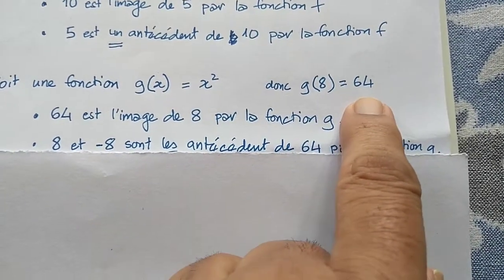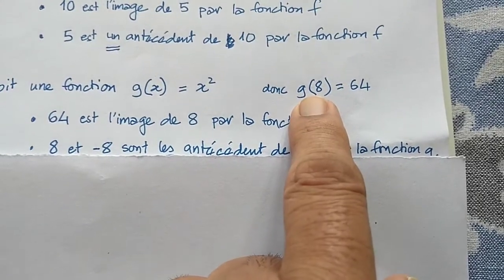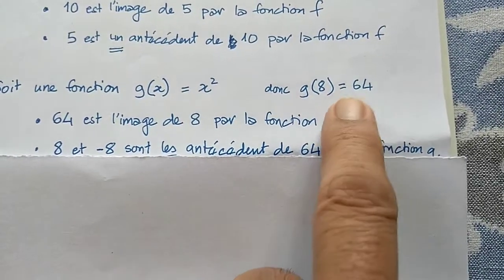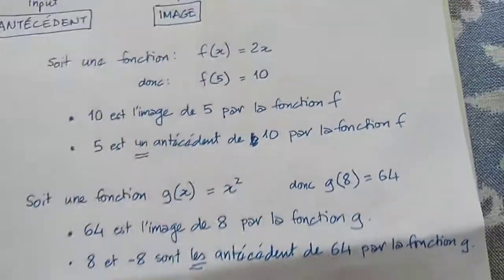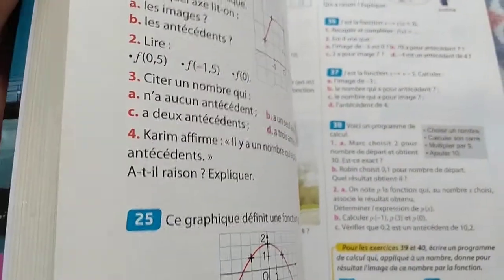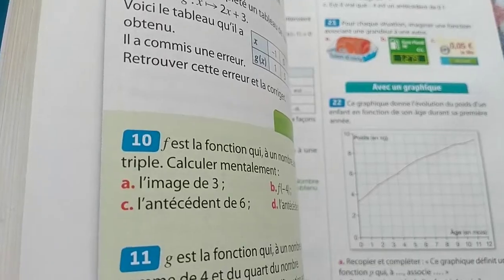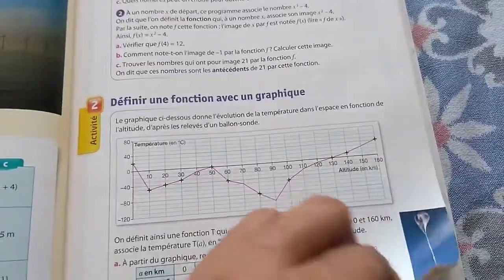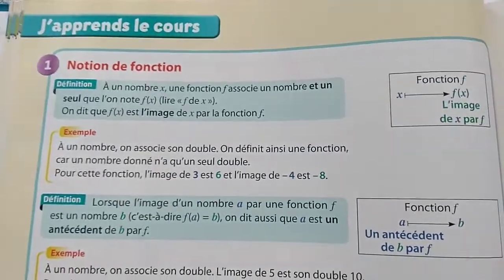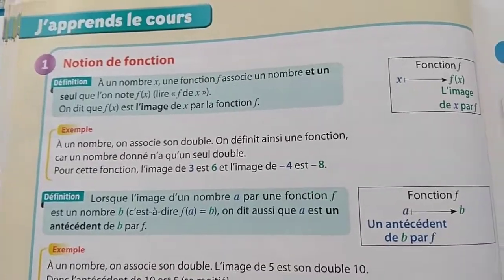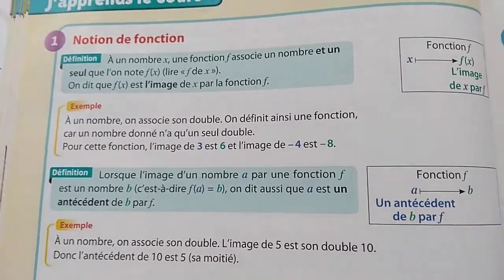Otherwise, for any number here, you will have two inputs that will give the same number. Okay. So now we come to the book, and I open the page 84 on the book. Just hang on. Here we are, and we will start looking at the J'apprends le cours section. This is page 84. Don't open the book yourself. Look at the screen here, and we will